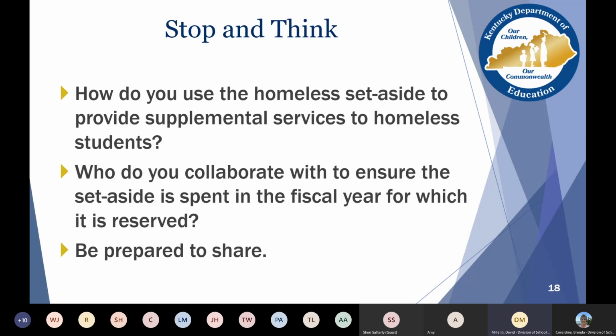In this case, you're naturally going to be communicating with your homeless liaison that you have these funds available, if you have children that need services, which first and foremost should focus on academic services, but may also focus on things such as providing supplies and health-related services, things that would allow homeless students to more effectively participate in their education.